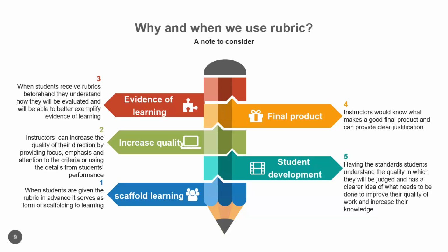It's as if somebody is actually telling them, if you do this, you're going to get a score of 3. If you do that, you're going to get a score of 5. You don't do it at all, you're going to get 0. So it's as if somebody is providing this guidance of what exactly they need to do in order to achieve that standard. So that's why it is crucial to give the rubric in advance.